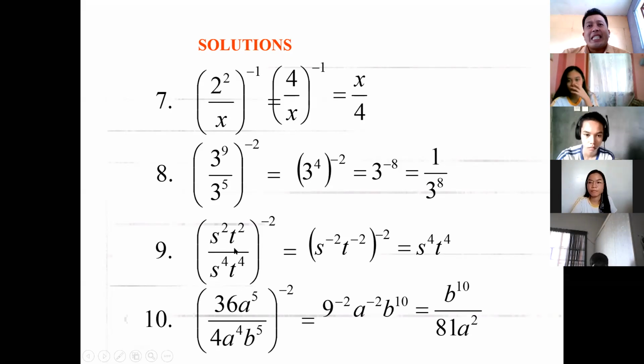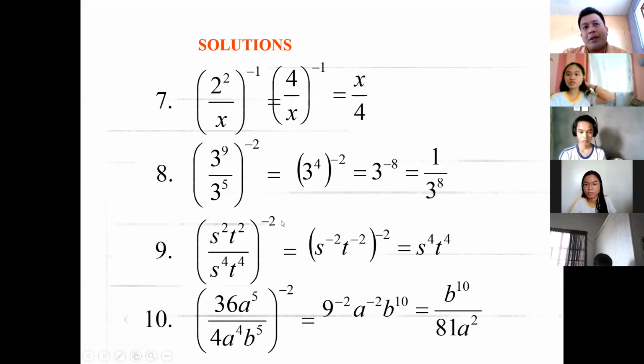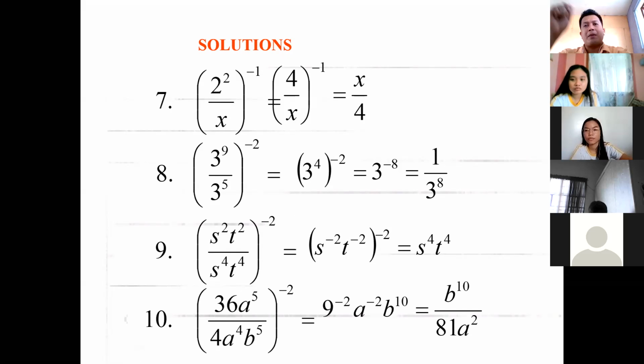So simplify first what is inside before you apply the exponent. Sir, is it fine if I will distribute the exponent immediately? The answer is a yes. Provided you will do what is inside in the parentheses, or what is in the grouping symbol, with the exponent. The rule in GEMDAS says that you will perform first the grouping symbol or the exponents, diba? That is the GE in the GEMDAS. Grouping symbol or exponents, depending on which comes first or depending on the decision of the student where to solve first, it will end up with the same answer eventually.